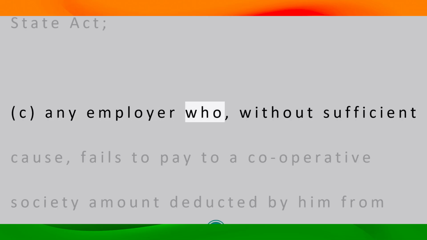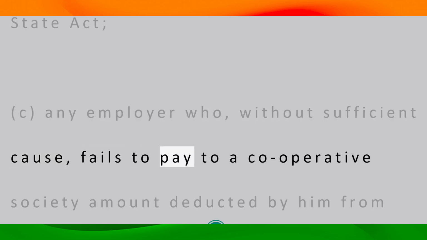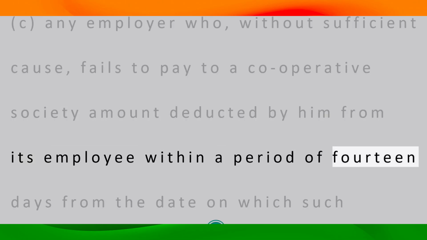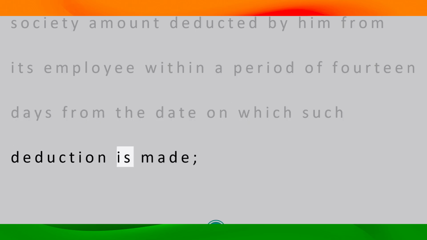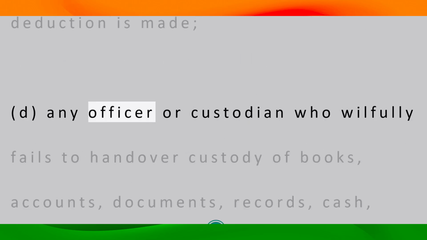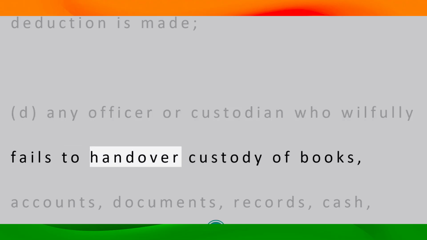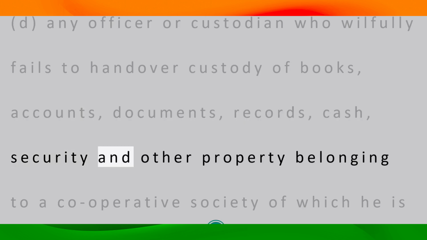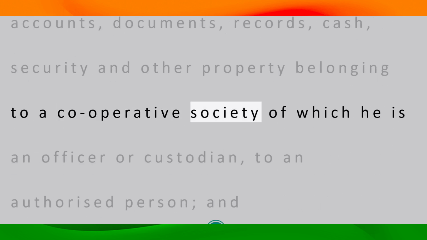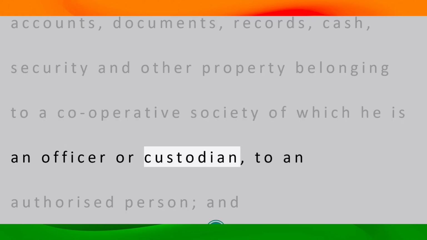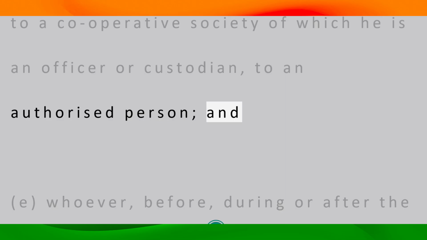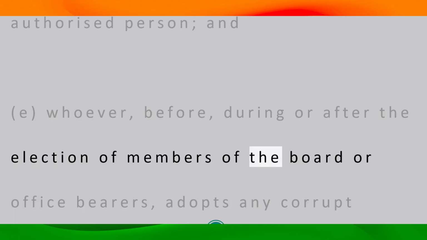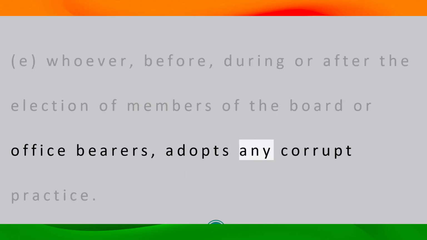C. Any employer who, without sufficient cause, fails to pay to a cooperative society amount deducted by him from its employee within a period of 14 days from the date on which such deduction is made. D. Any officer or custodian who willfully fails to hand over custody of books, accounts, documents, records, cash, security and other property belonging to a cooperative society of which he is an officer or custodian, to an authorized person, and E. Whoever, before, during or after the election of members of the board or office bearers, adopts any corrupt practice,